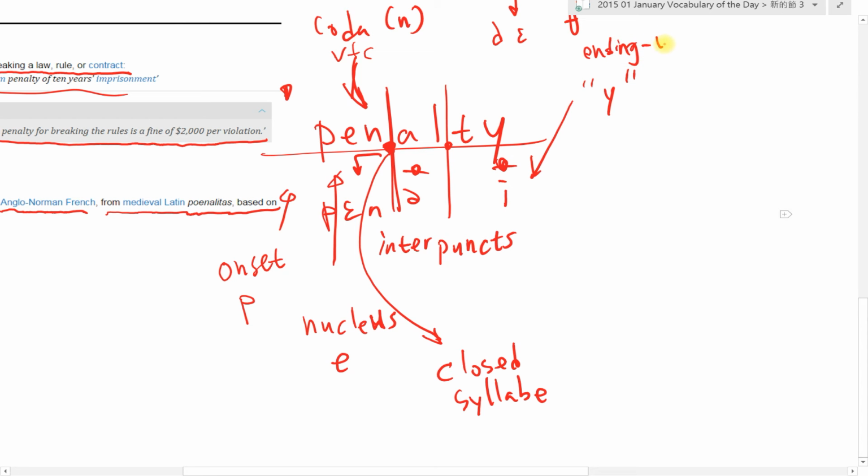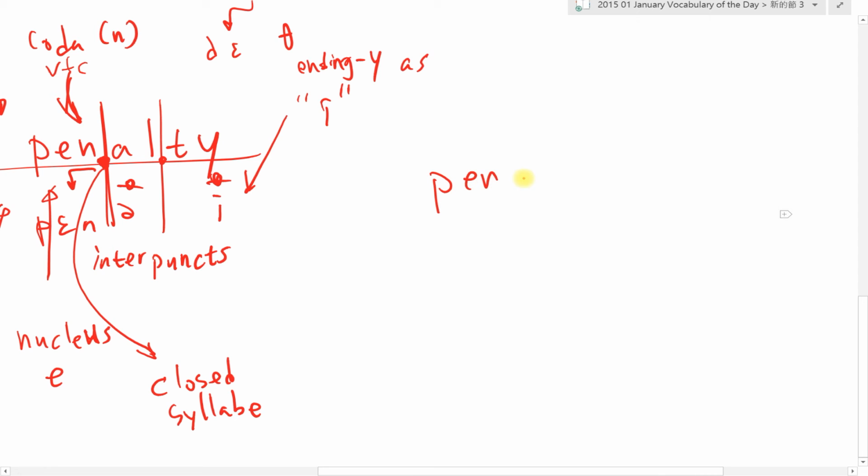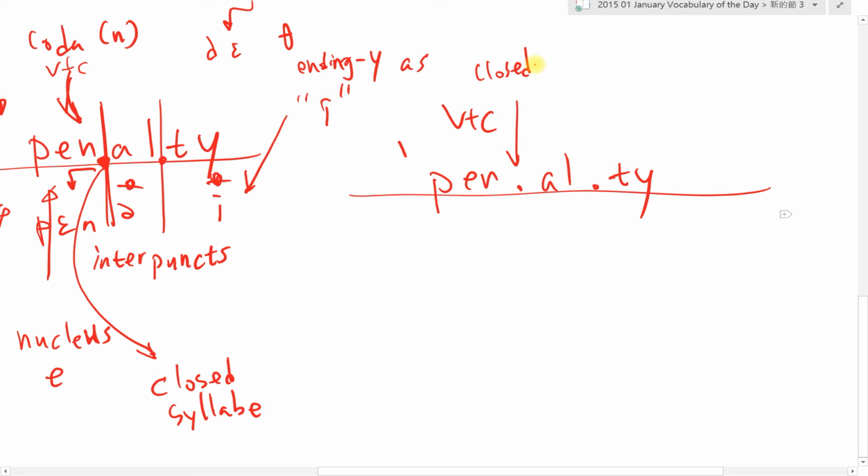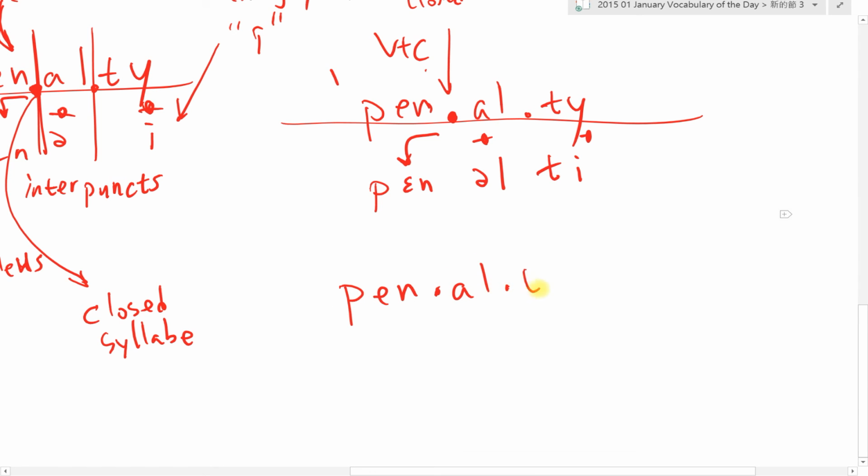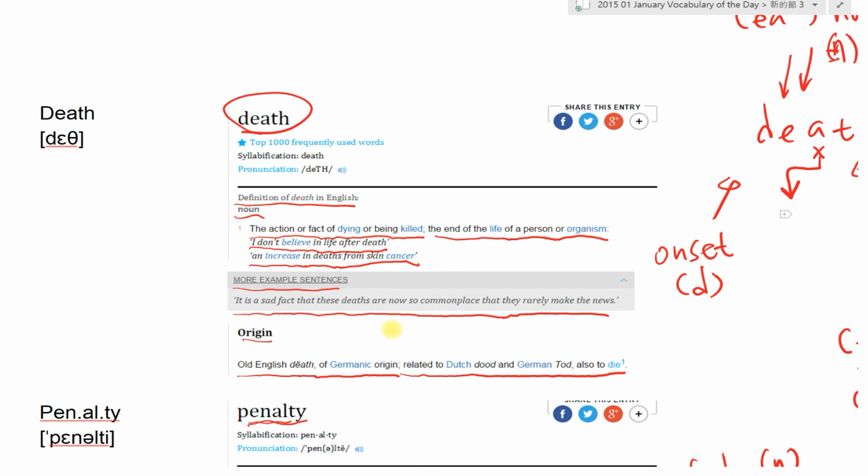后面两个是弱母音，ending y as e，所以我们念 ty。再一遍，pen interpunct al interpunct ty，重音在第一音节，V 加 C，形成一个 closed syllable，因为有子音挡在这个音节符号前，就会形成关闭的音节。那后面两个是弱母音，一个念 nul，一个念 ty，penalty。好的，这两个单词我们再 review 一次，death, penalty。